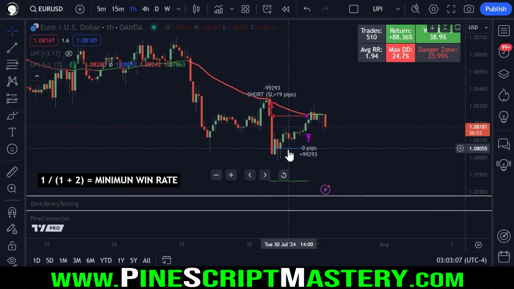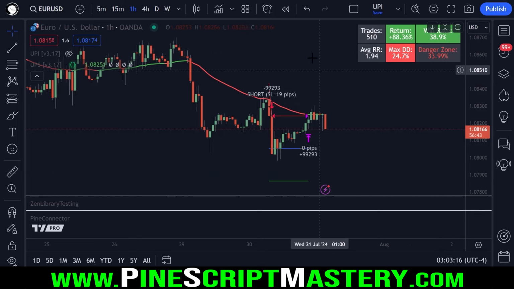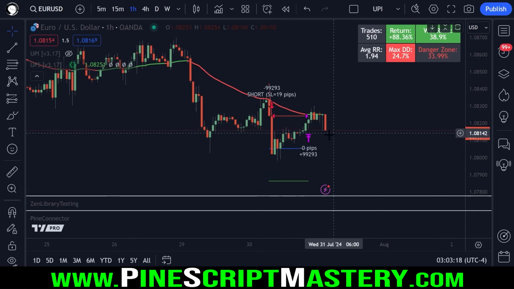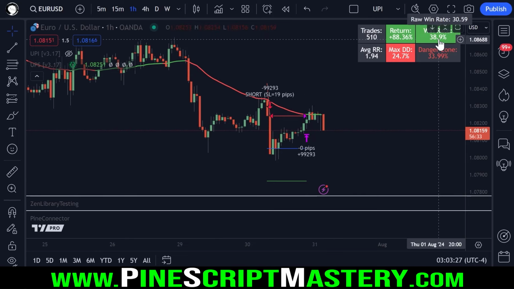And break even trades obviously influence our win rate in a way that compromises or distorts the danger zone calculation. And so I have a setting in my script to ignore break even trades as if they don't count at all towards our win rate. And this win rate now only counts winning trades and losing trades. And that gives us a more accurate representation of our danger zone, but we can come up to the settings